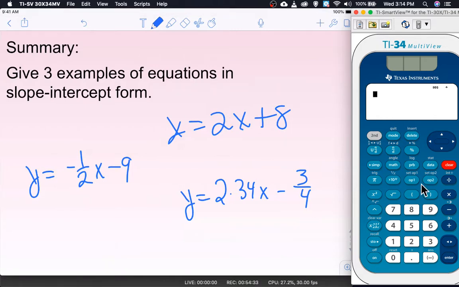y-intercept. Thank you so much for watching this lesson on understanding slope-intercept form, and hopefully you do now understand what slope-intercept form is, how to write it, how to make it, how to get it from, excuse me, from graphs, from lots of different things, and we're going to continue expanding on this over the next